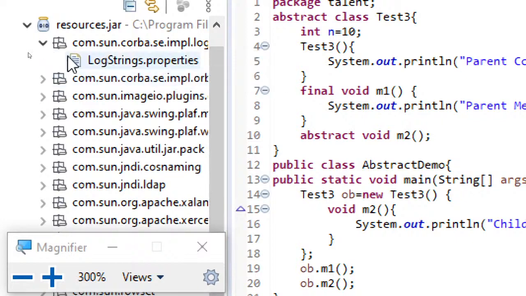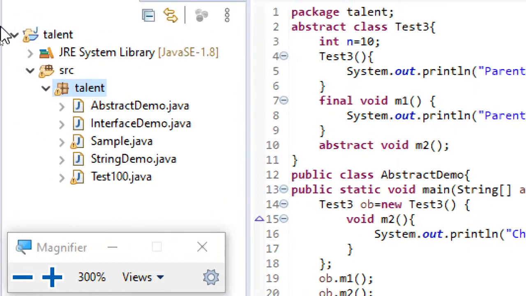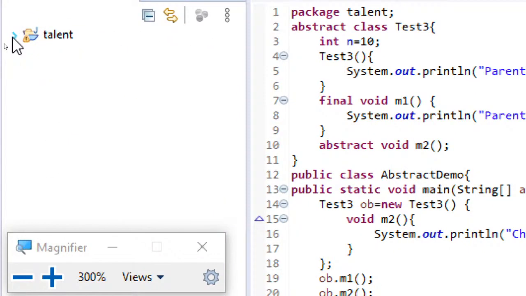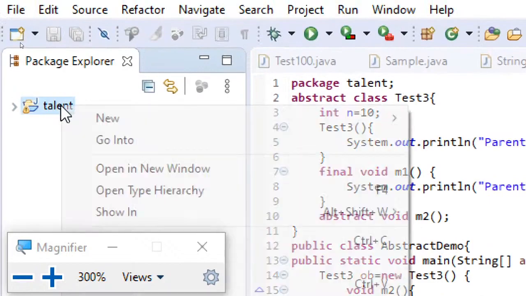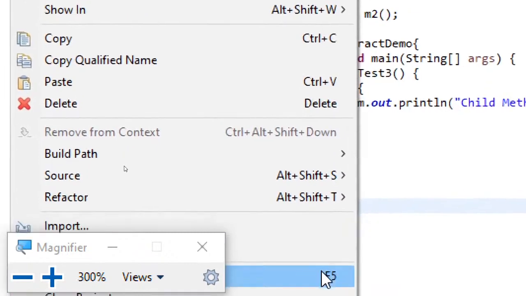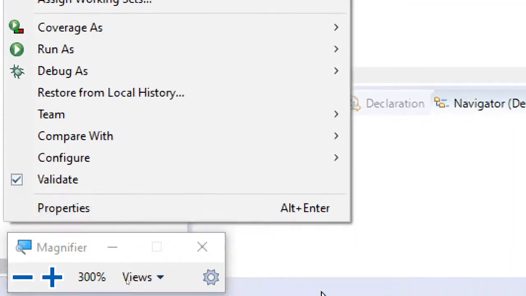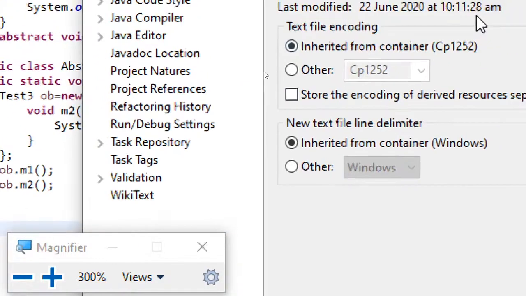You can see everything that is in that jar, but don't modify anything. I'm just showing it to make you understand. So the point I'm trying to convey is, you have to right click on the project name, not anywhere else. Right click on the project, go to Properties, and then you get a window open like this.